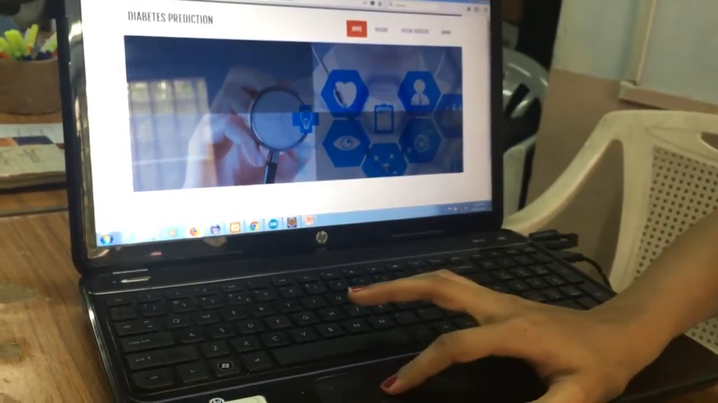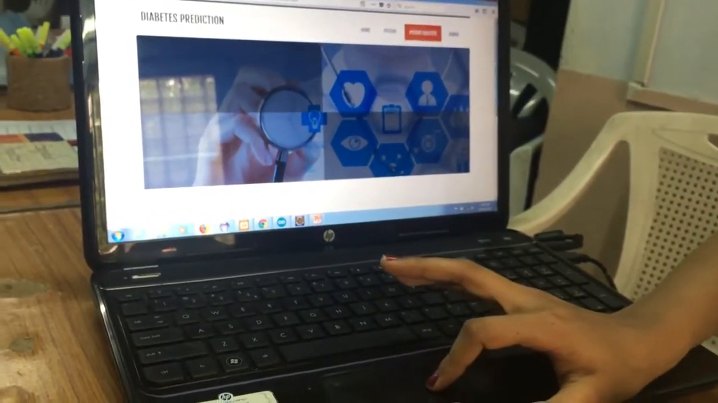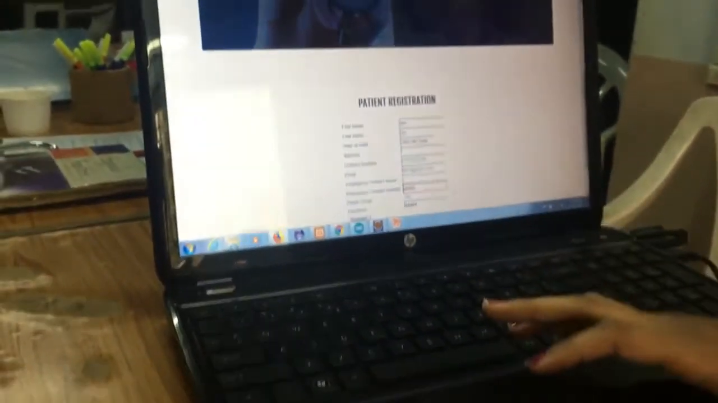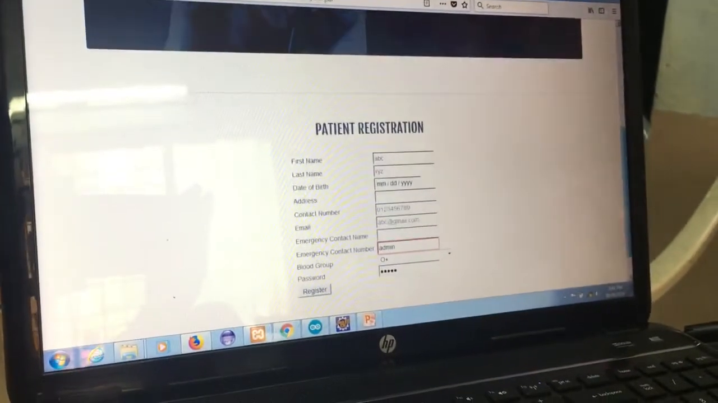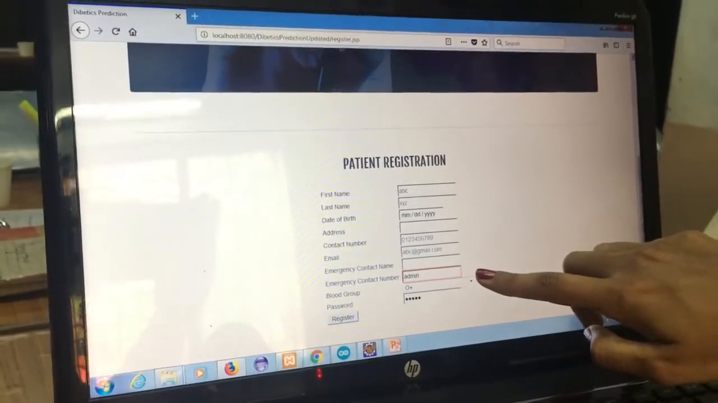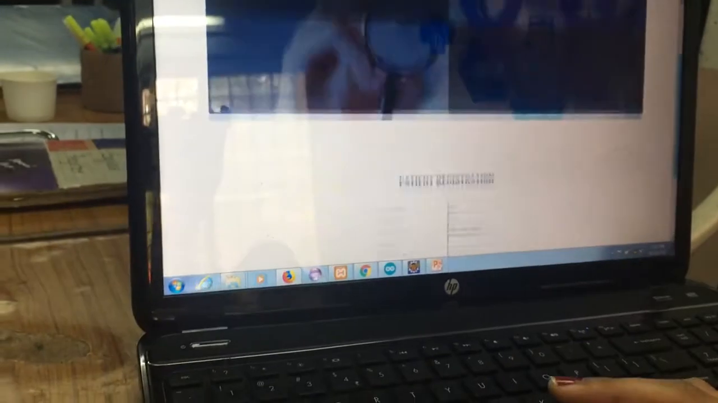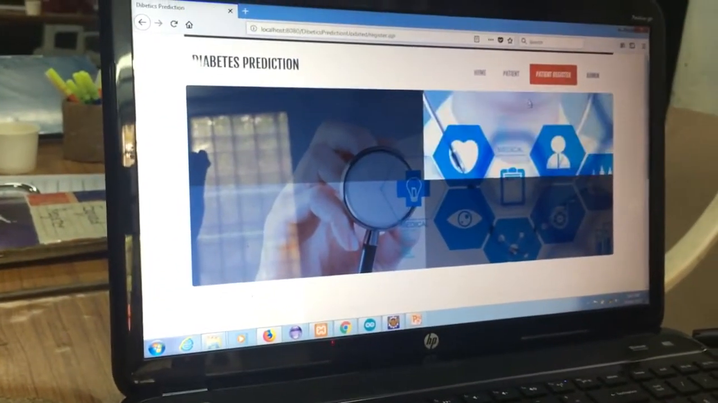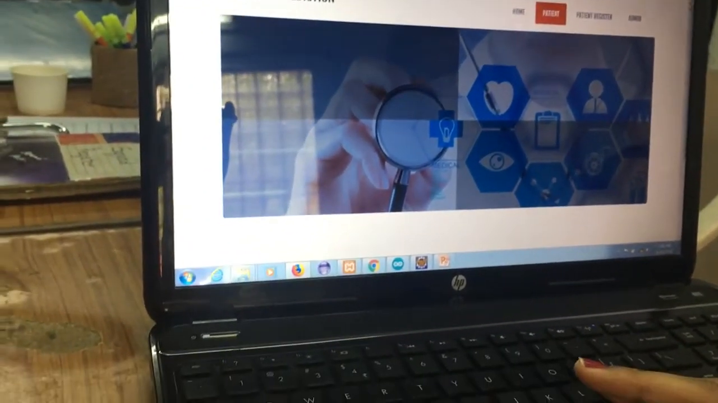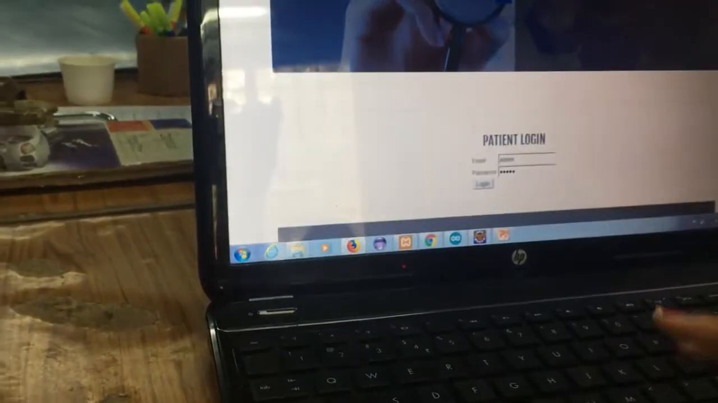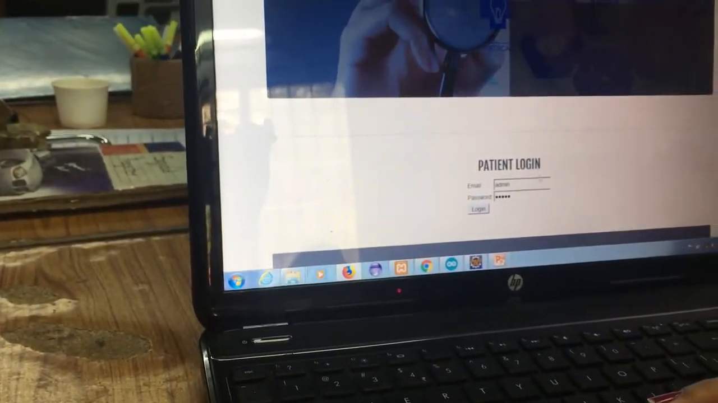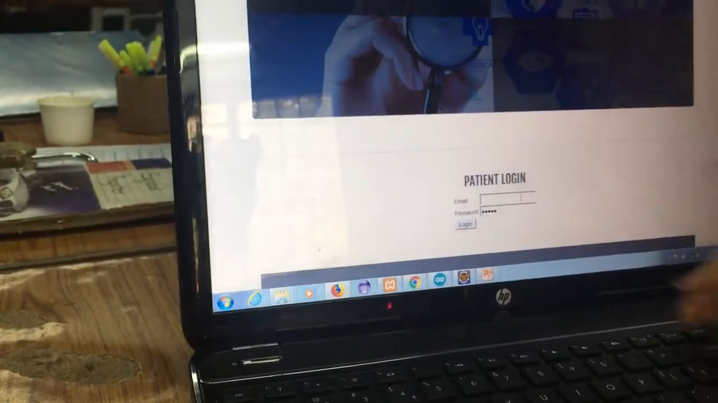I'll show you the other factors. If you haven't already registered, you have to register with basic information. Since I have already registered, I'll show you how it works. When I click on patient, you have to put in your login details, so email,